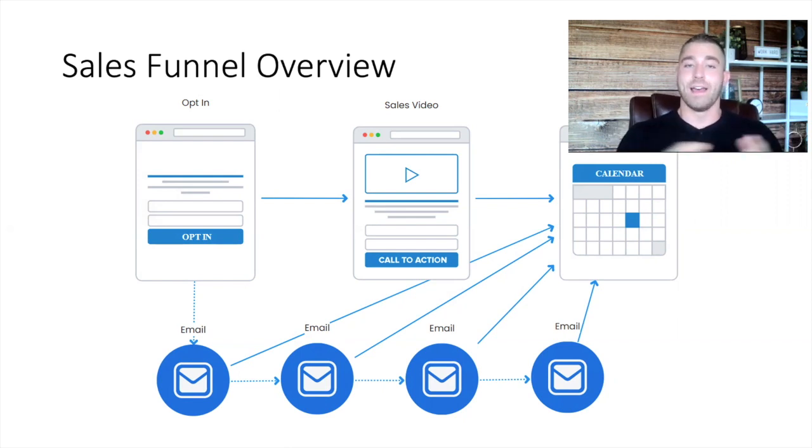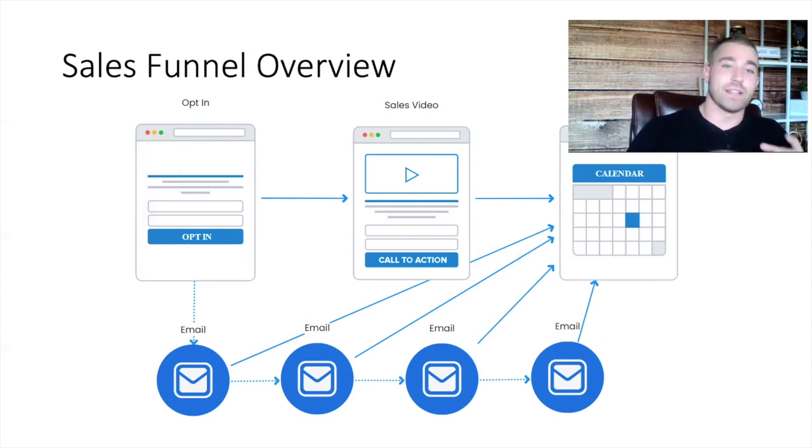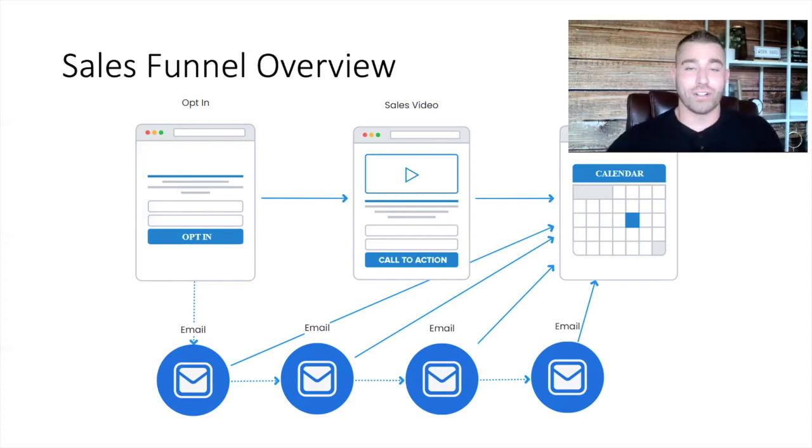It could be text. We just need a way to follow up with them so that we can showcase that we are the expert that they need to turn to for whatever their pain point is. So again, retirement planning, could be legacy planning, estate planning, could be just getting life insurance in general. That email sequence allows us to drip information on them, to indoctrinate them, to educate them, and always entice them to get to the next step, which is going to be getting on the phone with us, meeting with us,